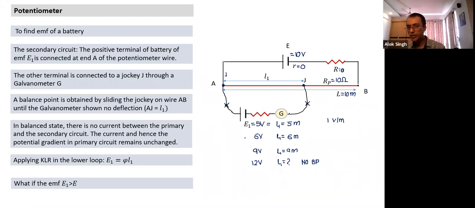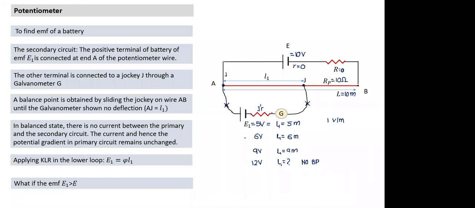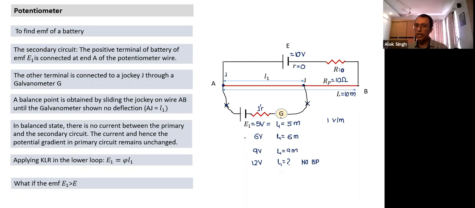Same thing I take for a galvanometer also. I am calculating potential drop from A to J along this path. When you go from one terminal of the battery to the other terminal, yes, there's a drop of EMF, but what I have written is I dash R. But what is I dash? I dash is zero. Is there any potential drop on account of internal resistance? No, sir. Similarly in the galvanometer also, no potential drop. The current is zero.